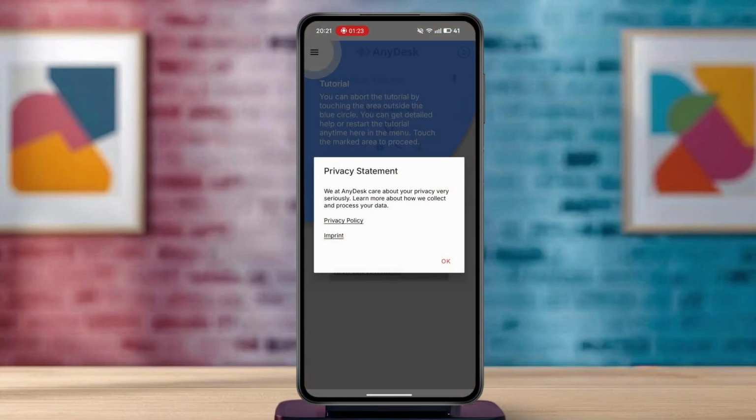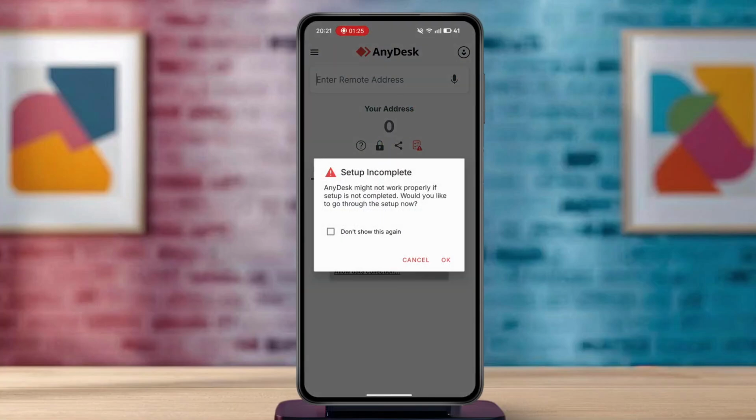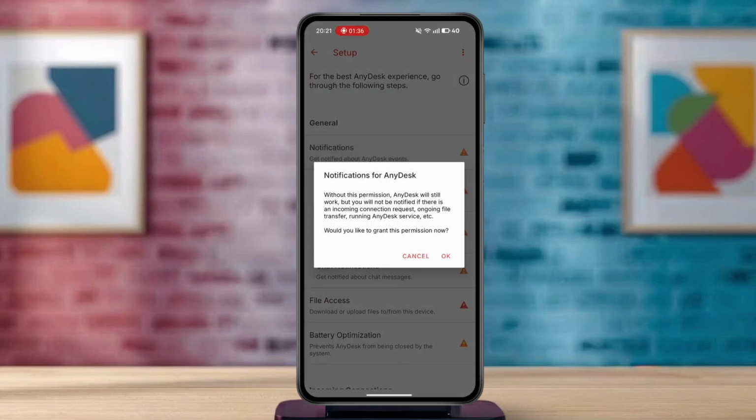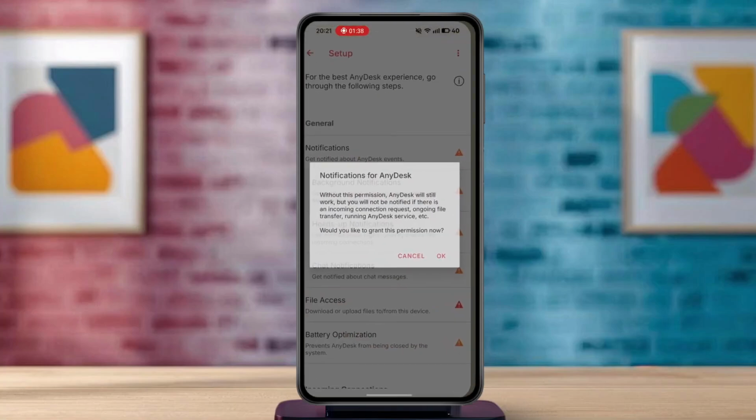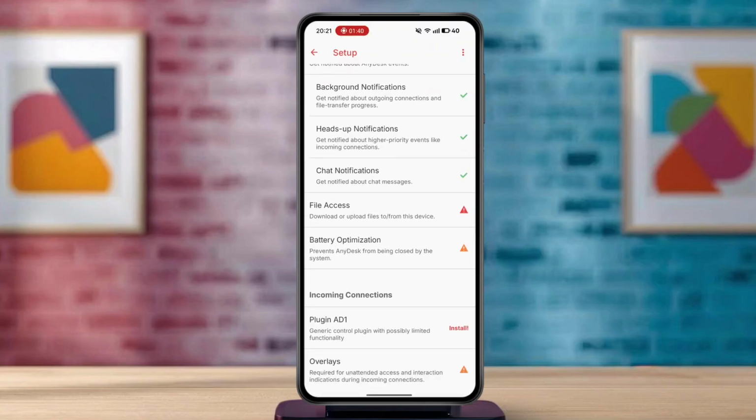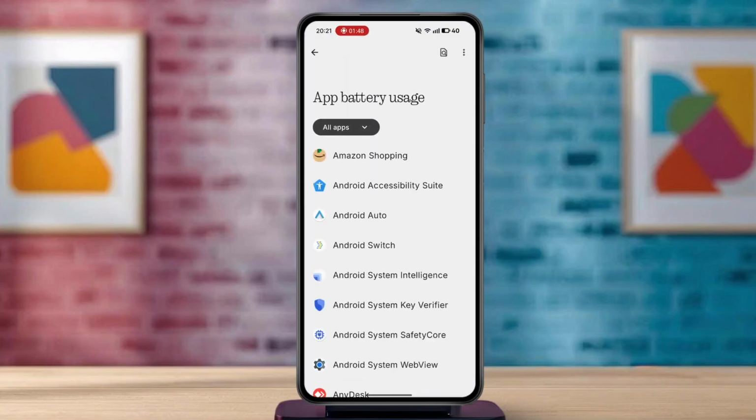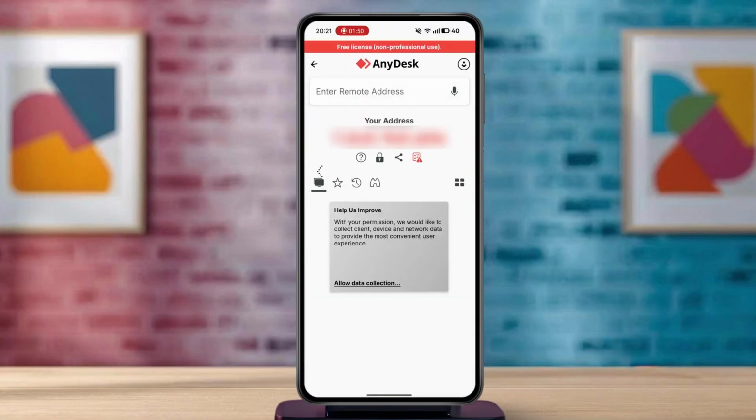After you open up your AnyDesk, you will see all the tutorials. So let me just set it up. You can set it up. You will need to give it notification access. So let's go and give it all the access that it needs. Give it file access, and so on and on. So keep giving it access, and after you've given it all the access that you want, you will see this